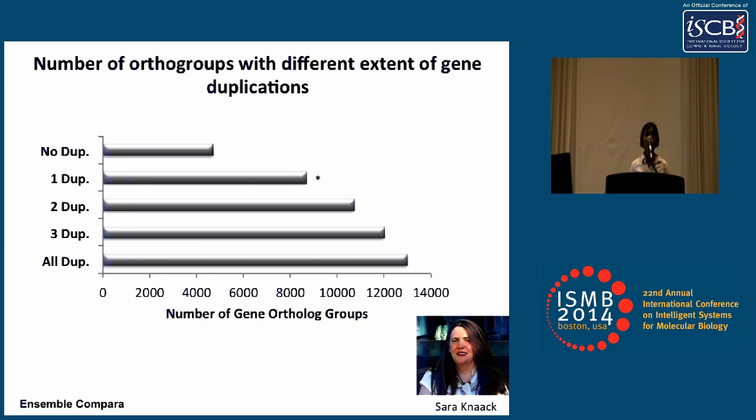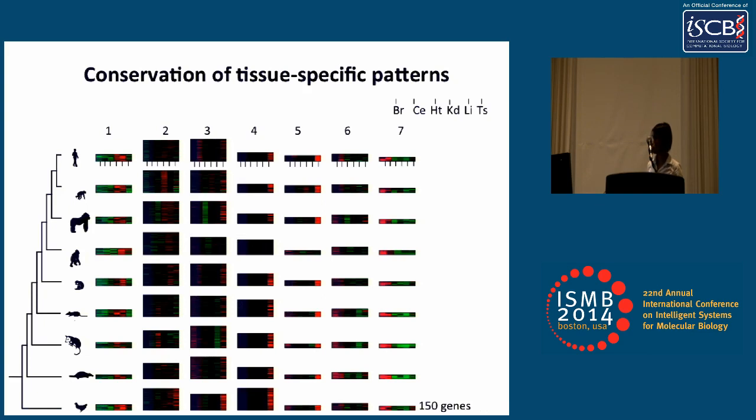And just to give you a sense of what the data looks like, we used Ensembl Compara to get gene trees, and you can see that as you increase the number of gene duplications, you get more and more gene families that you need to look at. And this is work that I'm doing with my postdoc, Sarah Knack. And all the results that I'll tell you about are when we look at our orthogroups, which have only one or no duplication. Okay? So as we did in the yeast case, we applied Arboretum, and here we had actually